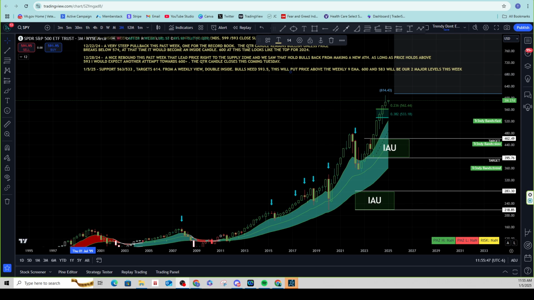What a fantastic time in the market last week. Not bad, as we saw bulls come in and defend a couple of levels that we'll go over earlier. But the question is, will this sustain? Can we get up and over some resistance? And if we do, then we could see ourselves at least testing towards the all-time highs in the SPY and the QQQ. I do think it's going to be a little bit harder.